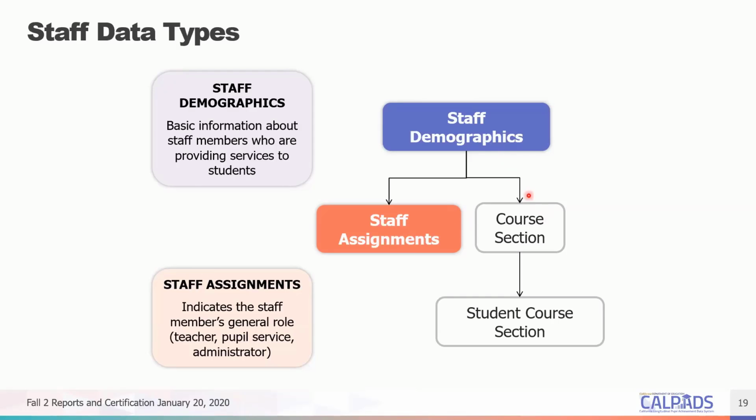And then, of course, you report their SEID in a course if they're a teaching staff member, if they're a teacher, and then of course assign those students to those courses. Also, based on your staff demographic information, CalPADS and CDE will determine if a teacher is ineffective or inexperienced, and also based on their post-education credentials. And then you also have your staff assignment to determine the credentials that they're qualified for.